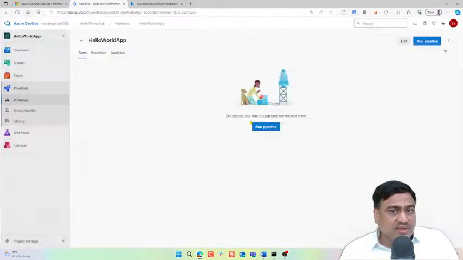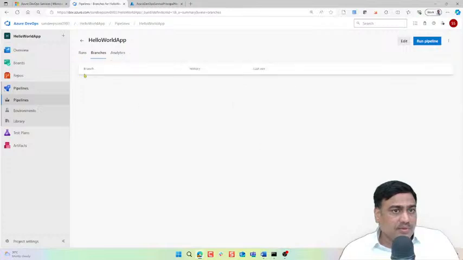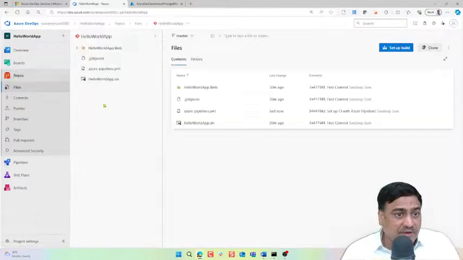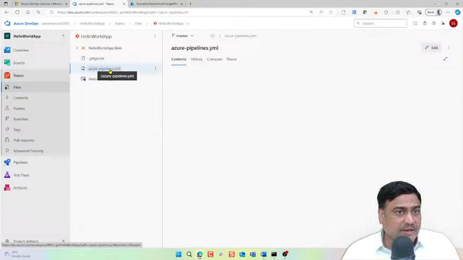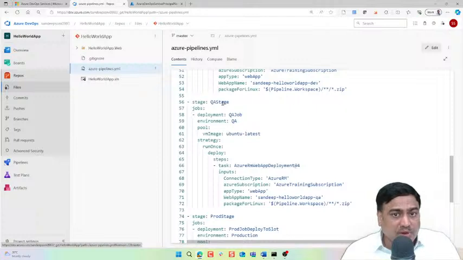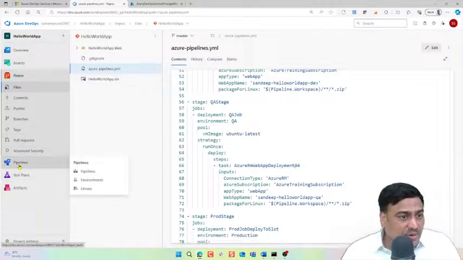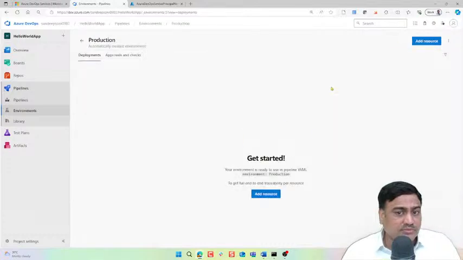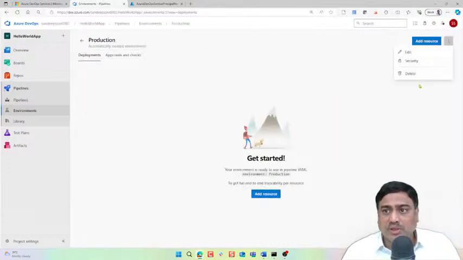The pipeline is saved in the repository. I haven't run the pipeline yet. That's why no runs. The pipeline is saved in the YAML format. It's here. Azure pipelines.yaml. The same thing what I wrote is here. Important thing is the moment you save here, automatically here we are going to get the environments. Development, production, QA. We want an approval for production. So here you should say